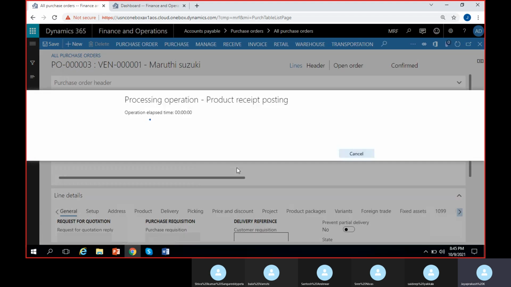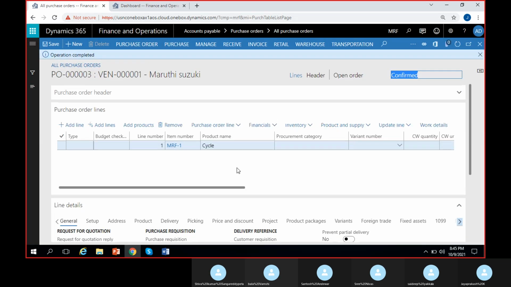Let us see what happens. So it is posted,